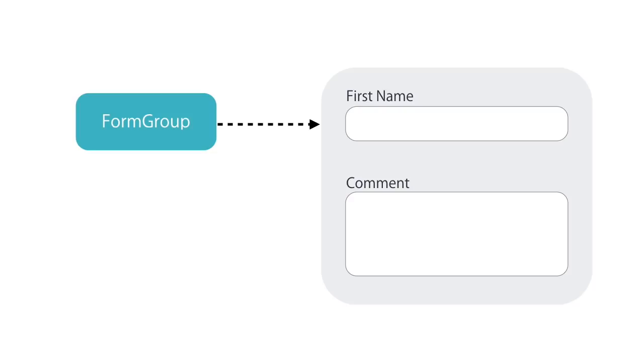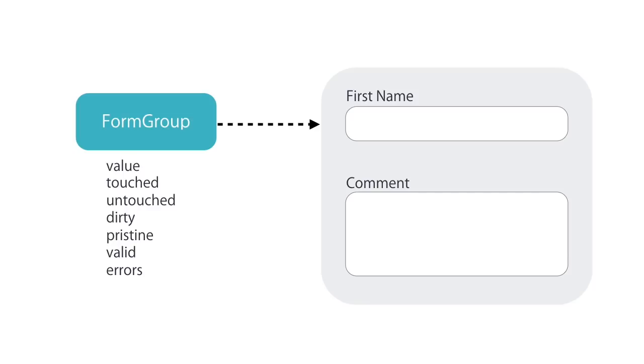Each form is essentially a control group because it contains at least one control. But in a complex application, you might have a form with multiple control groups. For example, you might have a control group for the shipping address and another for the billing address. Now, interestingly, all the properties of the control class that you saw earlier are also available in the form group